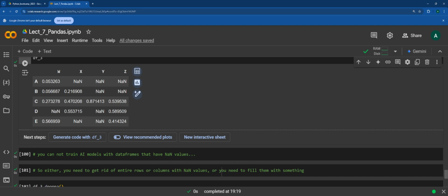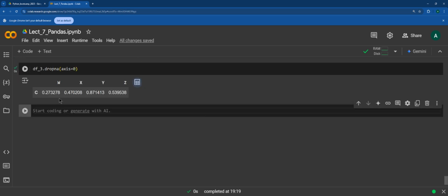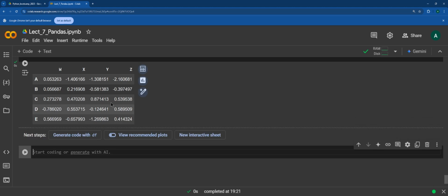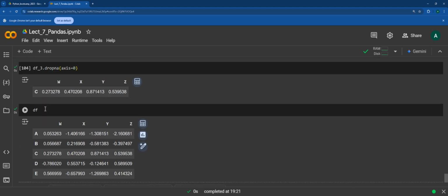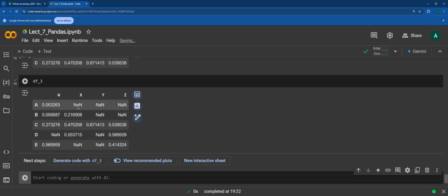basically drop these values. But let's say there are occasions that you want to add some particular values in there. The way you do it, let's look back into our data frame. Okay, so let's say we want to, sorry, df3 was it? So we want to fill these non-values. So we're going to look into filling